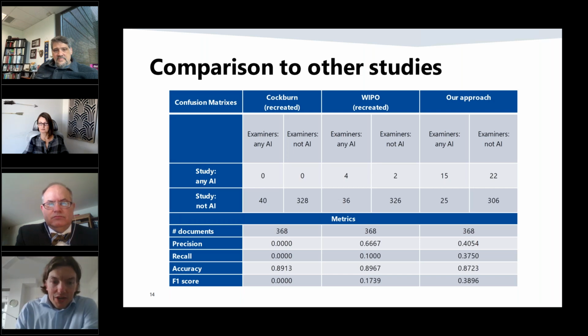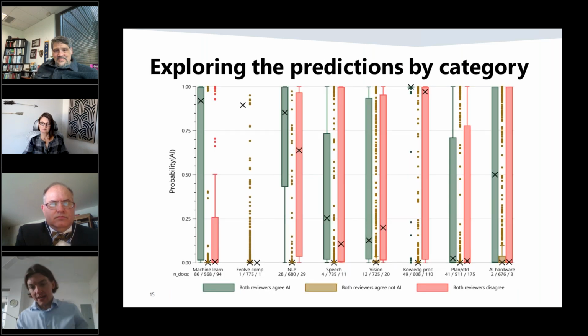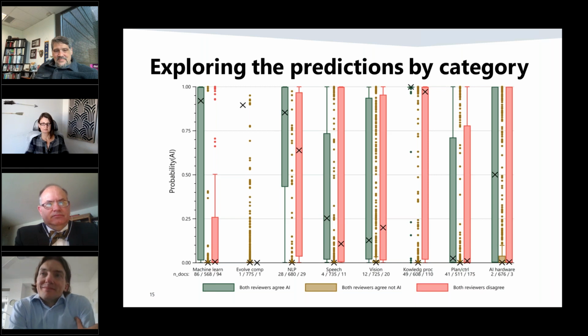So I know it's a lot of information. All of these tables are in the paper, and I'm happy to answer questions later by email or whatever. But this is one thing too that I really like. And Alex created this, and basically, he was like, okay, well, let's look at the patent documents where the